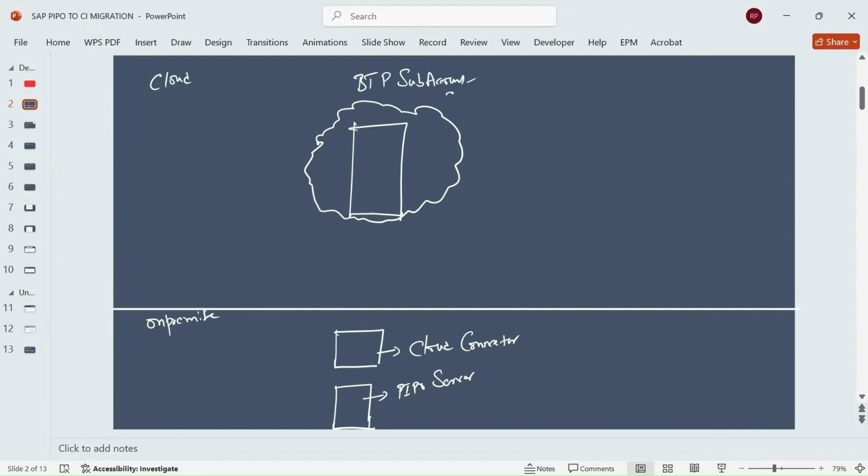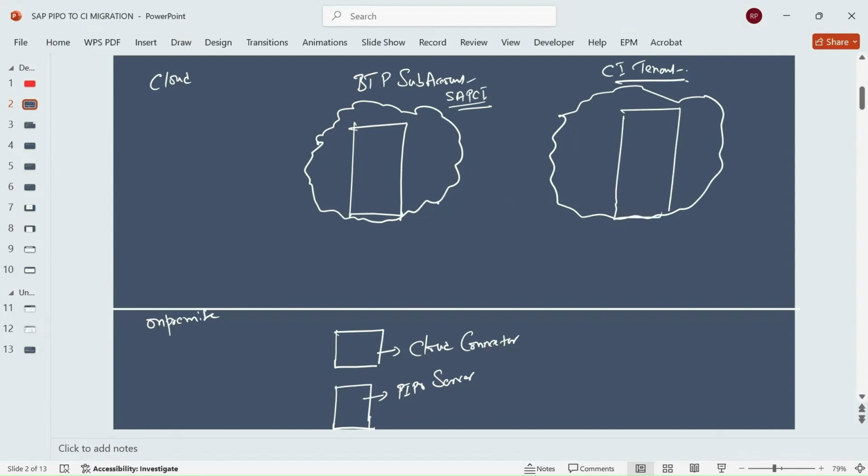So it is, for example, SAP CI, right? And we have a cloud integration tenant, which is already there. So now, first what we need to do is install the cloud connector to connect your PIPO server to your BTP sub account. So point one,